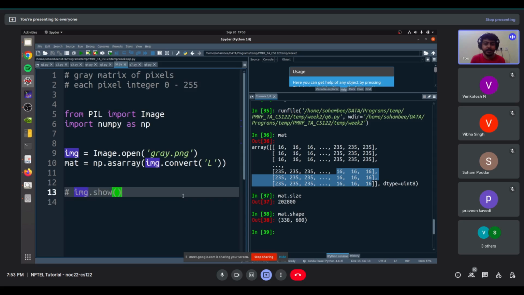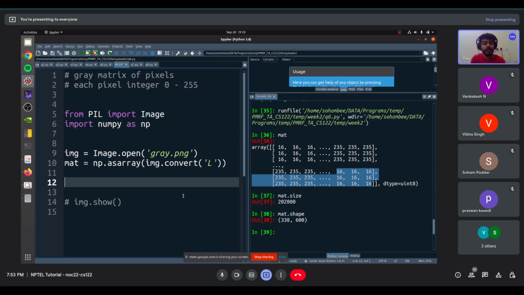So let's do some basic modifications. Let's say we want to convert all pixels greater than, say, 200 to black color. So we want to convert all highly white pixels to black. In NumPy it is similar to using Python lists, but better and easier. You know that we can do indexing. In Python lists, we have to do indexing like this in a matrix if you want to do all of the elements. But in